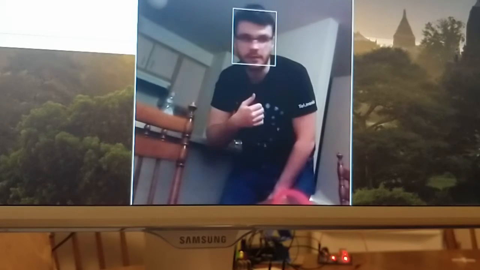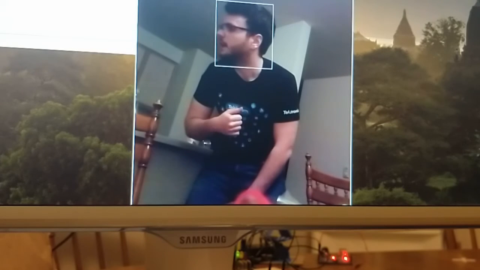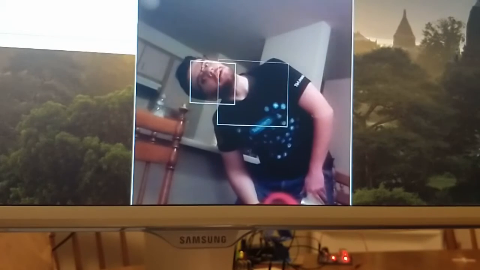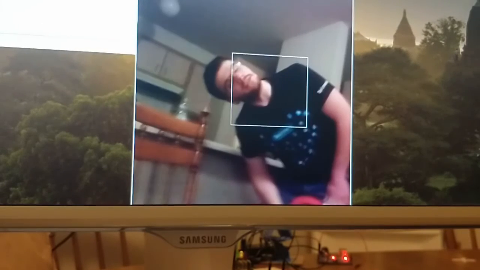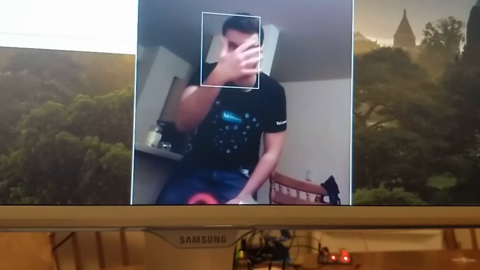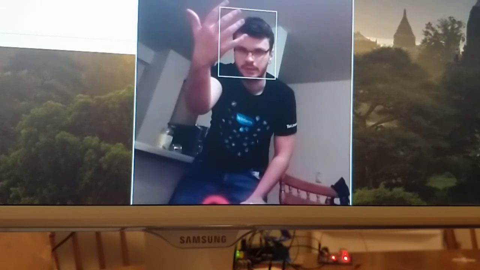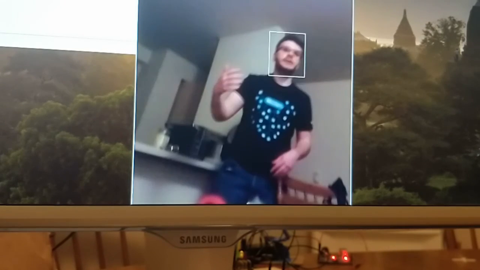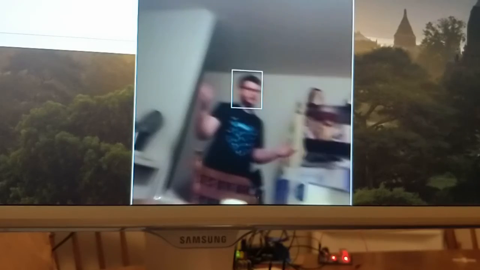Up and down, side to side. I never trained it on a sideways head, so that'll have some problems, I believe. It looks like it is, but side to side and forward facing is what it recognizes the best, even when there's some object in the way, and even when I'm far away. So if I walk away, it should still be